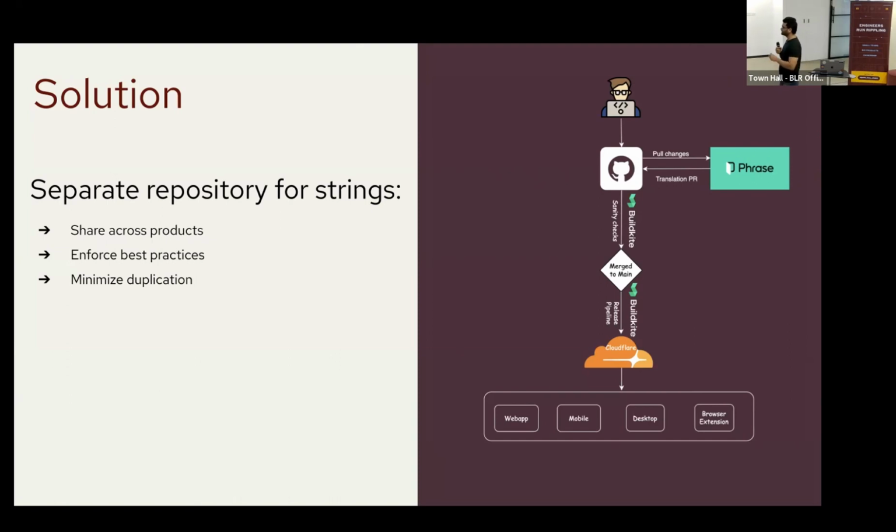Whenever our developer makes a PR to our translation repository, our TMS platform is monitoring a particular directory for changes. Whenever there is a change, these changes are pulled into that TMS platform where the actual machine translation happens. Some translator will translate the string and give back a merge PR, which is again merged to our code base, where a pipeline runs for code quality checks. Once it is merged to master, we again run a release pipeline, which uploads all our resources to